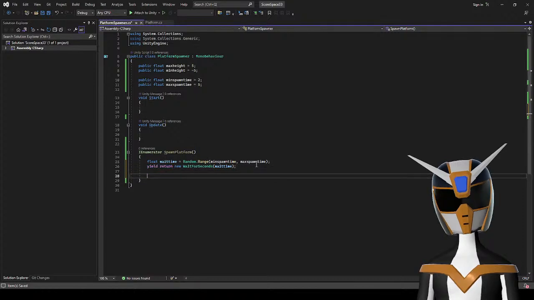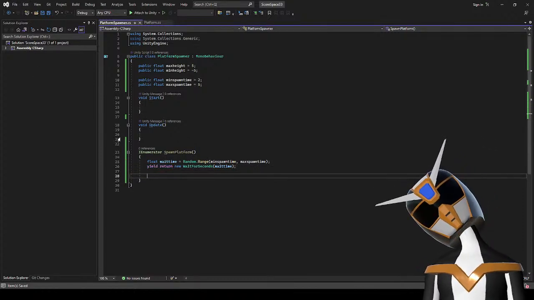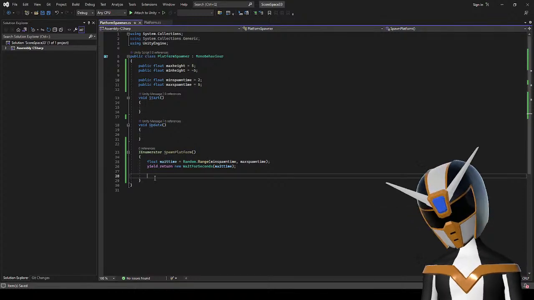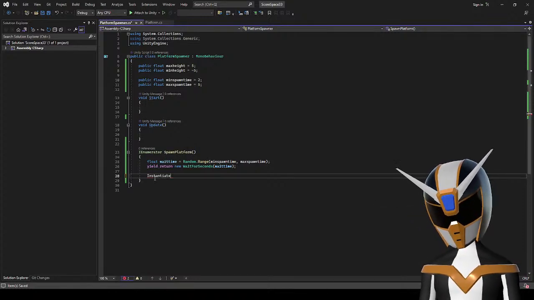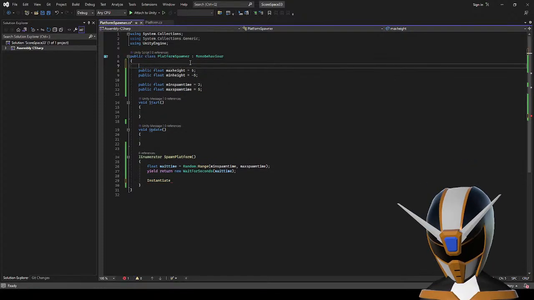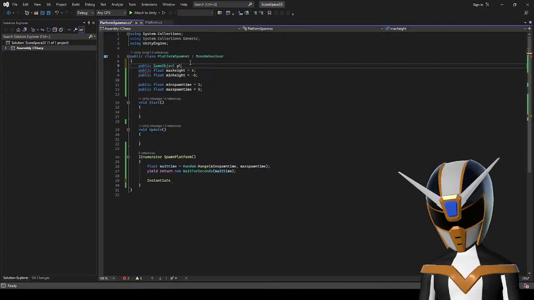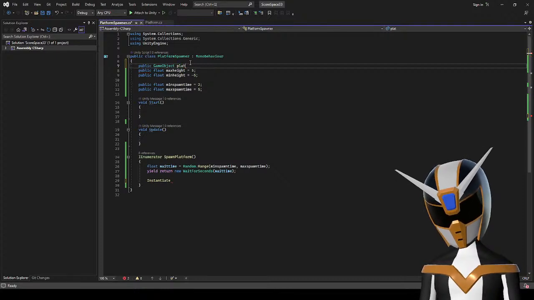Okay. And then I want to spawn a platform. So, Instantiate. Actually, I'm going to need a prefab for the platform. So, public GameObject platform.